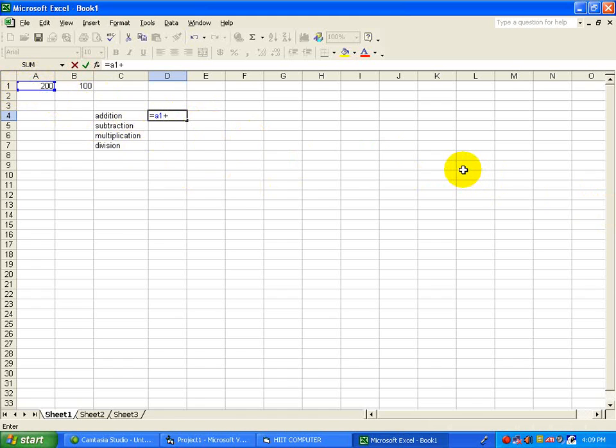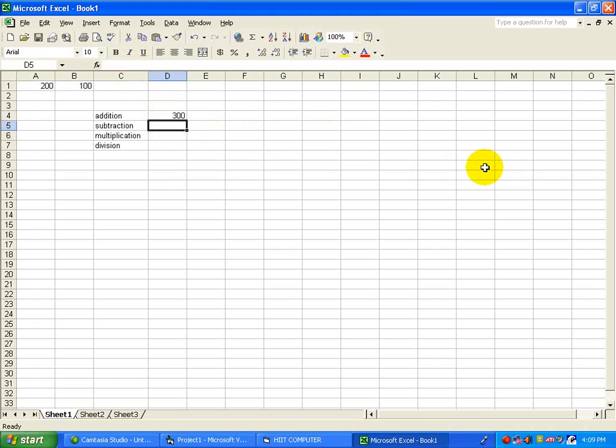Plus sign. Then check the column of 100, that is B, and row is 1. So the exact name for 100 value is B1. Now we have completed the formula. Press the enter key to end the formula. You will just get the result. Further, if you want to see how 300 has been calculated, just have a look at formula bar. It will display a formula to you.